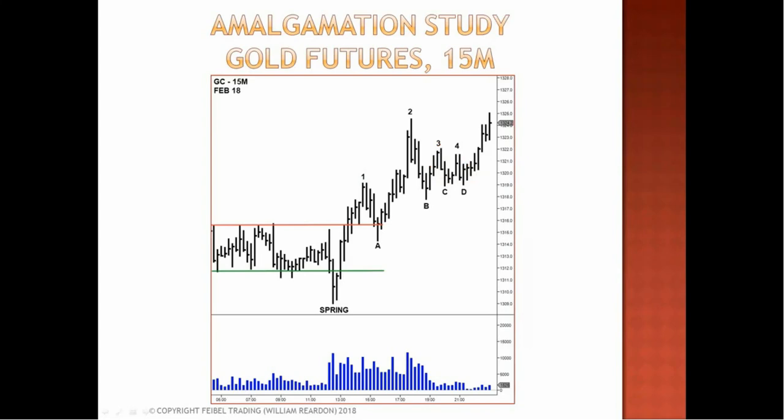We get the opposite. Think about this. Here, no downside follow through. Here, no downside follow through. And what are we doing? We're actually making higher lows. That's the exact opposite of what we expect to see from this negativity. We're holding. So now we need to dig a little deeper, and we can use our comparative analysis